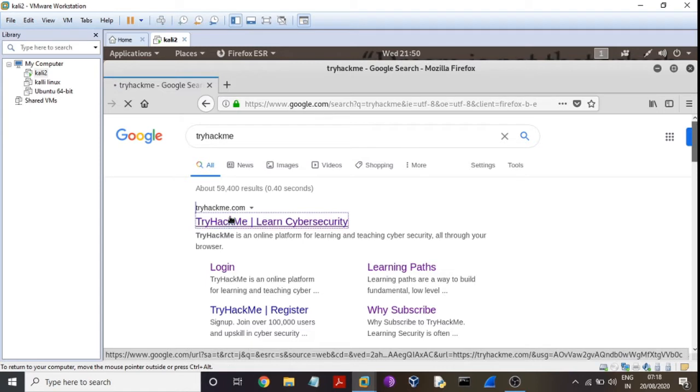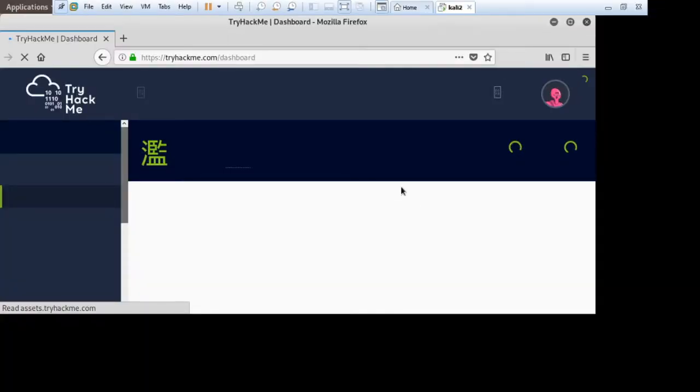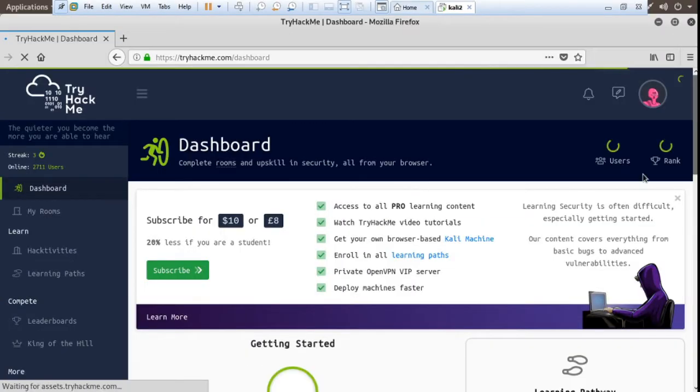TryHackMe.com. Open it. Login. I am already logged in.